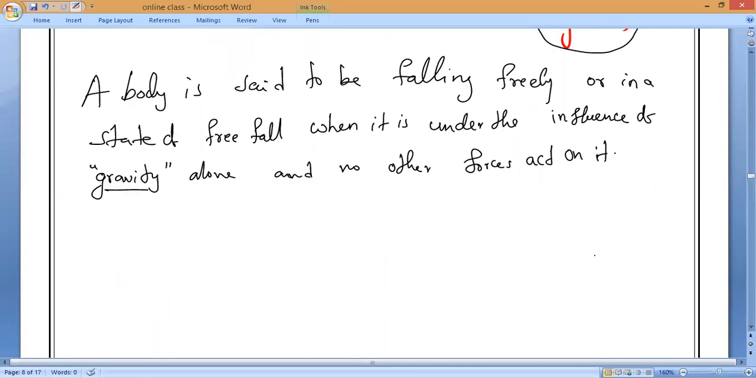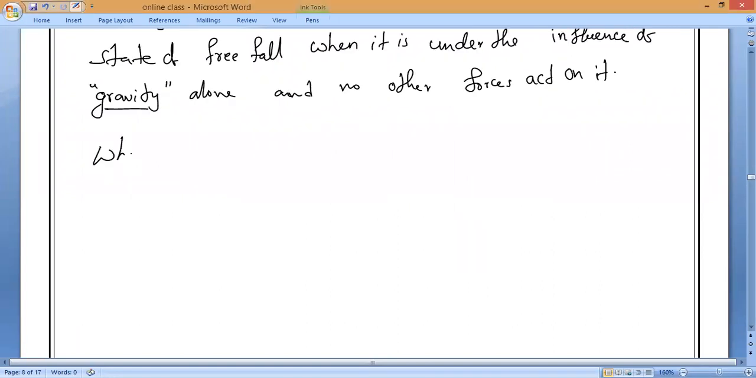Okay, second point. Is this gravity dependent or independent of masses, guys? Independent. Independent of masses. That is the second point. Please write it. When bodies are in free fall,